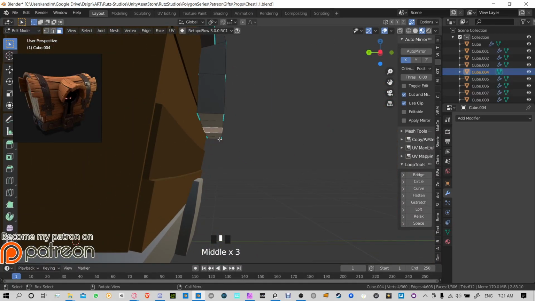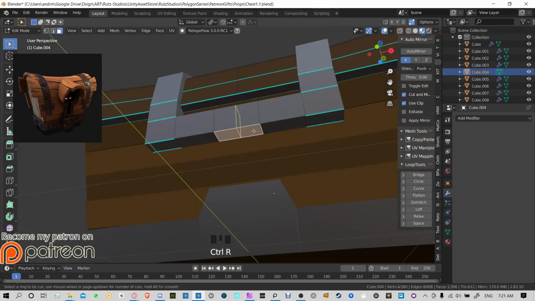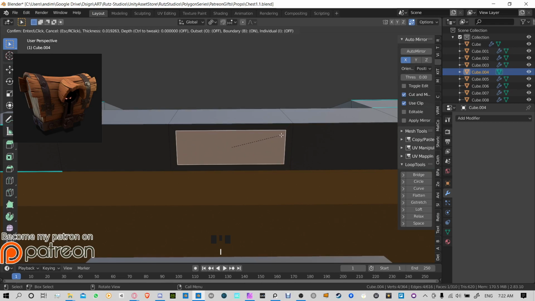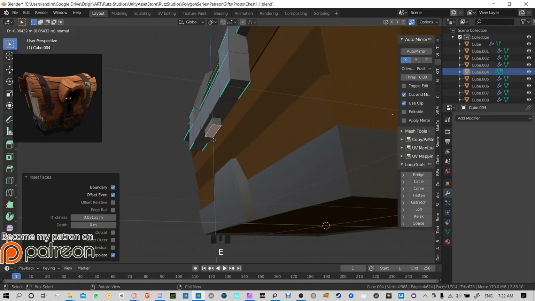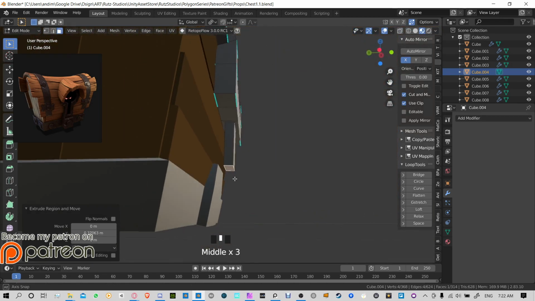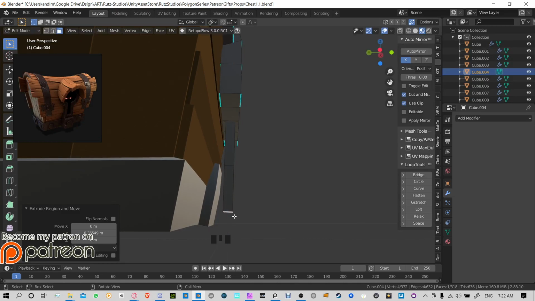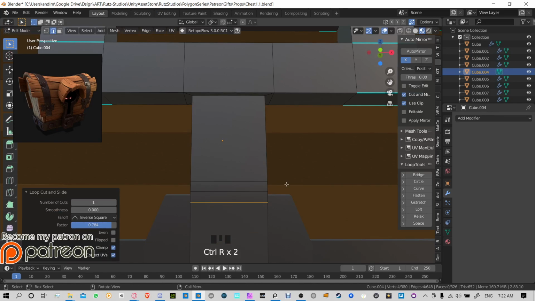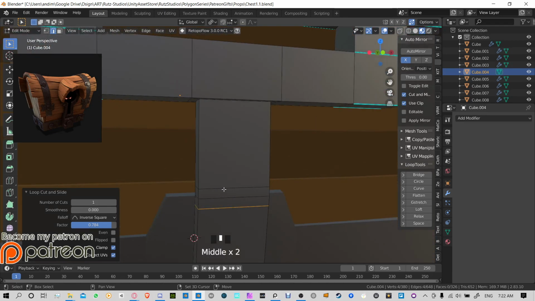Gonna grab and use an edge loop here. Okay, so it's not grabbing that, so no biggie. Use I and insert the face, make it smaller, and we can extrude this out right there. So I'm thinking maybe we want it to be able to flip open. So let's grab this up to here and then just make another one. Here, G, to move it back a bit. I'm gonna grab and do some extra loops here because I am going to add an extra geometry here. It's gonna be a